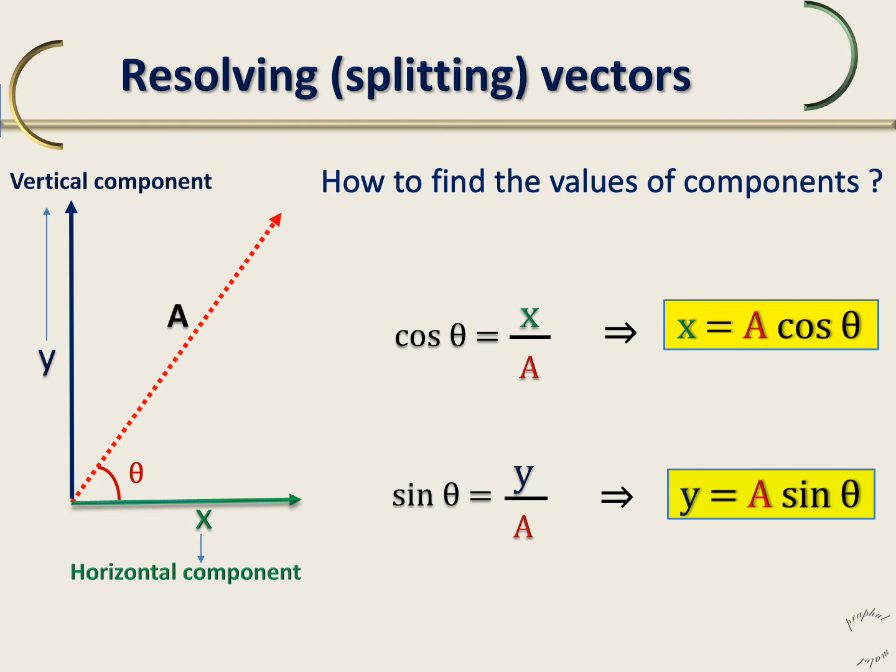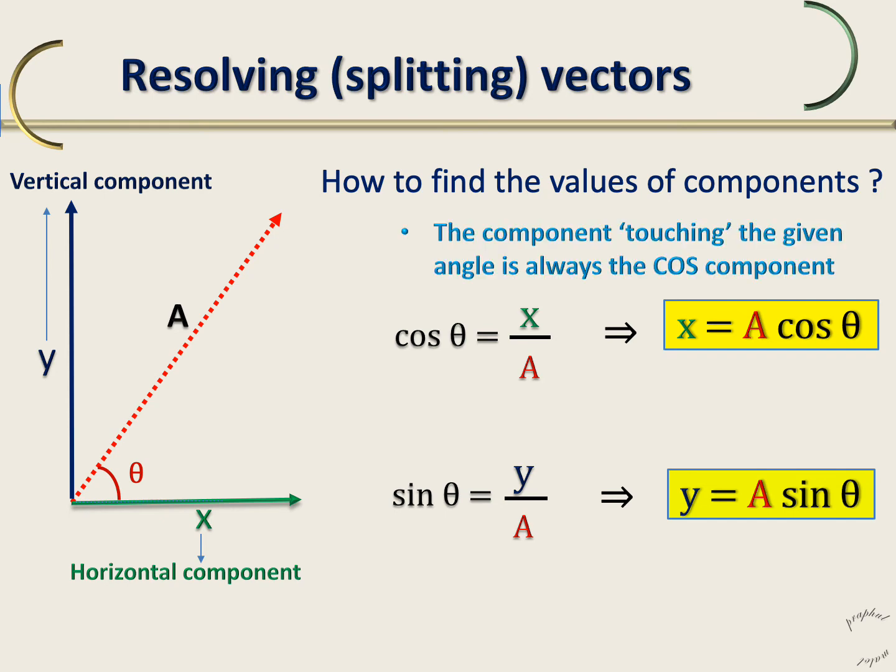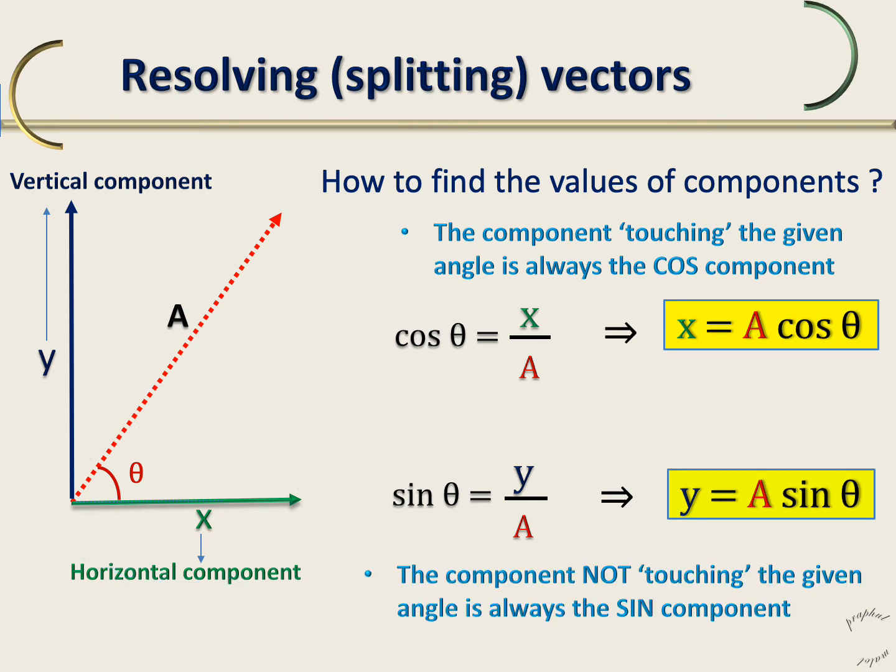So what you can remember by heart is the component which is touching the angle. Like you can see the component x, the horizontal component is touching the angle theta. The component which touches the angle will always be the cos component, like a cos theta. And the component which is not touching the angle, you can see the vertical component has no direct contact with